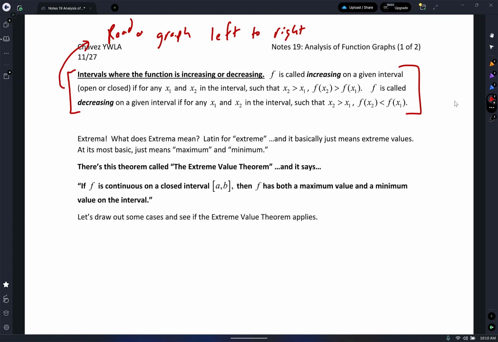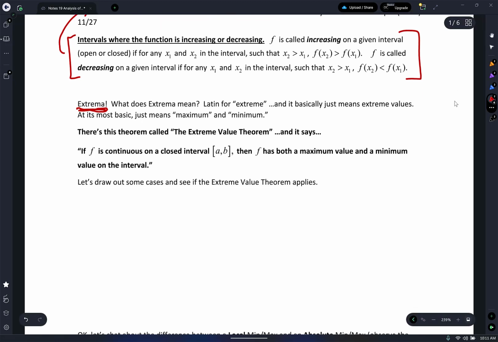Extrema, when you see it, it's Latin. It just means to find your maxes and mins. Sometimes they're local, sometimes they're absolute, and it means exactly what you hear. If it's local, that means in the vicinity. If it's absolute, that means it's the biggest everywhere. And the extreme value theorem,